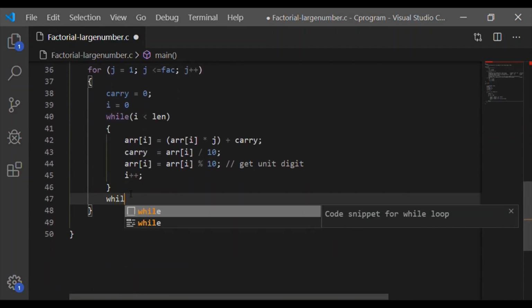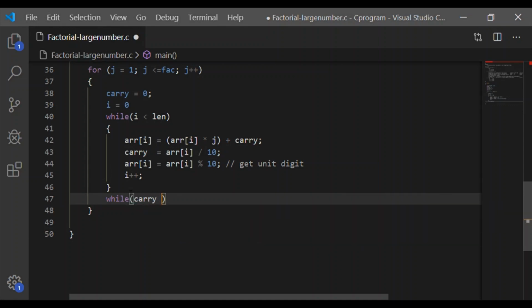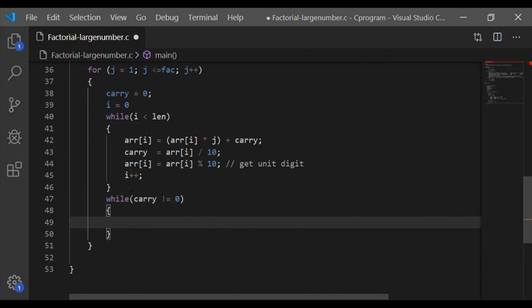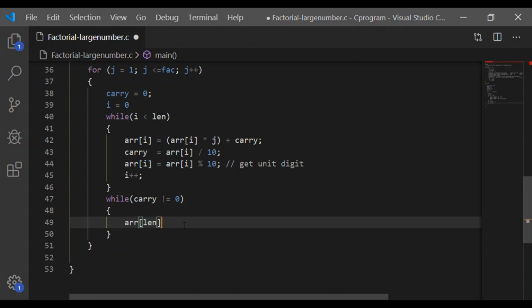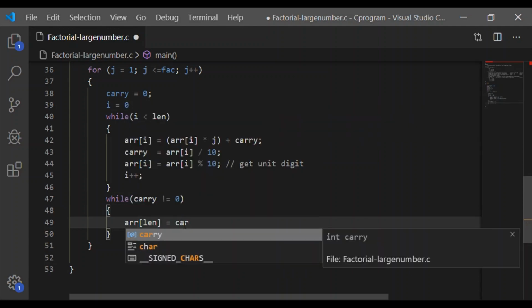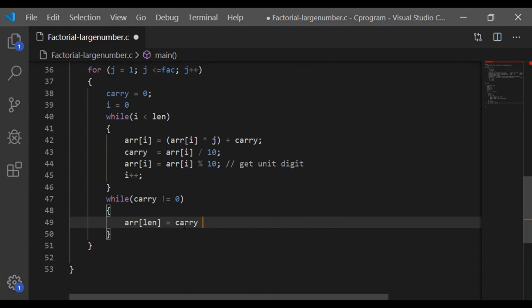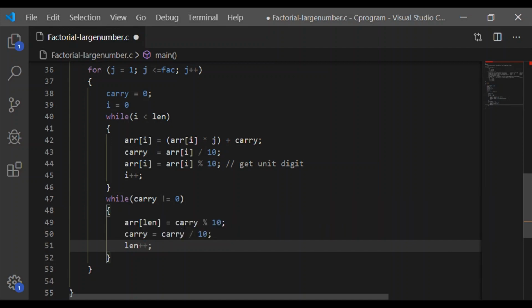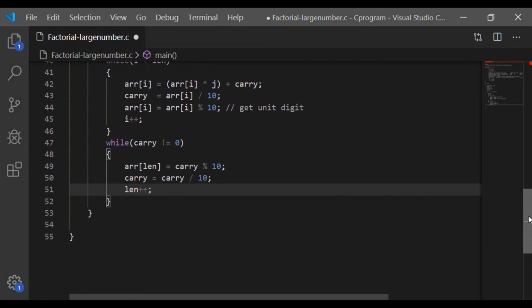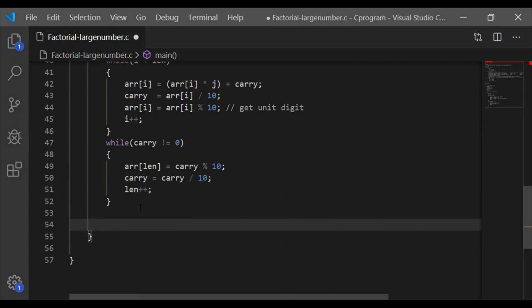And now the next step, the 6th step, is if carry is not equal to 0, we have to store the value of carry in the highest array element. Suppose the carry has more than 1 digit, we have to take the unit digit by modulus of 10 of carry and store it at length, and repeat this while loop by incrementing length and storing to the higher array element.